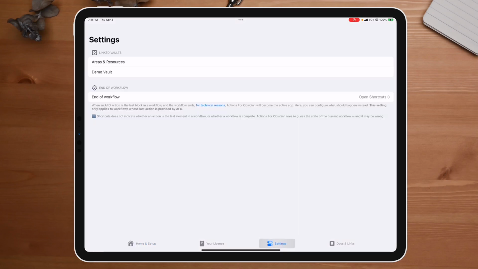Now, with me, I actually paid for it because one, I want the app to stick around, but two, I just don't like that. Once you do that, and I'm not sure you can do this, what I'm going to show you if you're not on the paid version. But what you can do is you can go into your settings and you see where it says right here, it says end of workflow. Once it performs whatever it's going to perform, it's asking you where do you want it to go. You can open Obsidian, which 9 times out of 10, opening Obsidian is the best place to go